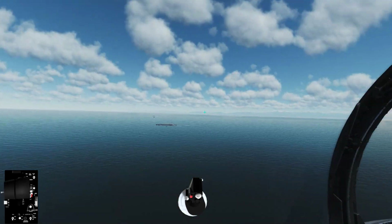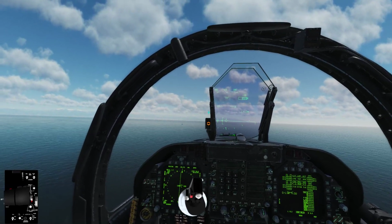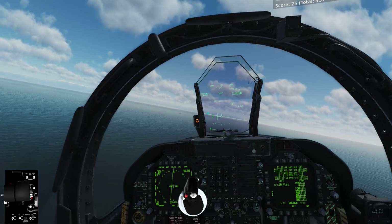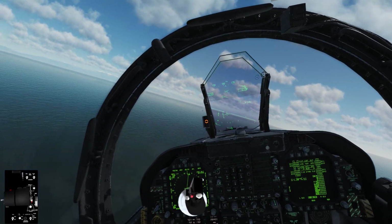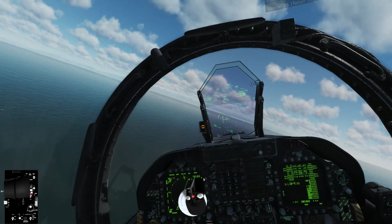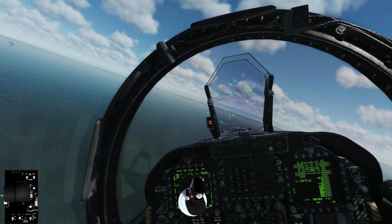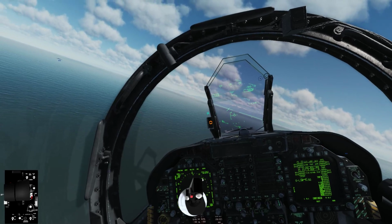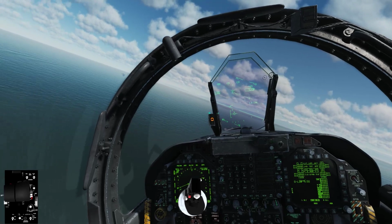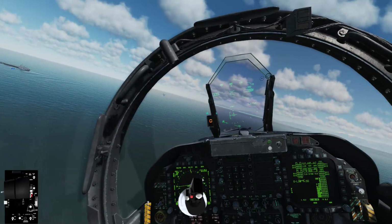Okay, I bought myself a little time. 1.4. Slightly too far away, 1.38. See, I just think that's a little peculiar, a little picky, because it's not that tight of a window you need to maintain. Although it's good to be consistent, you can always widen the circle or narrow the circle up. Technically, I guess if you fly that 30-degree angle of bank, it will always be too tight. So I found that to be most certainly the case, but